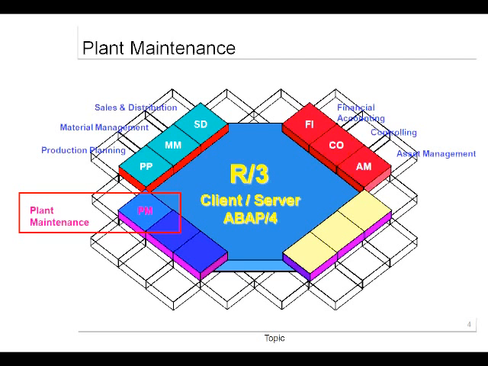They procure the material, store the material, and whenever we want it, they give it to us. And FICO, say there is some cost involved, say there is cost involved for the labor, cost involved for the material, a lot of costs are involved. So in that case the FICO comes into the picture. So for a plant maintenance system to be implemented, the basic minimum requirement is SAP MM has to be implemented and SAP FI and CO has to be implemented.